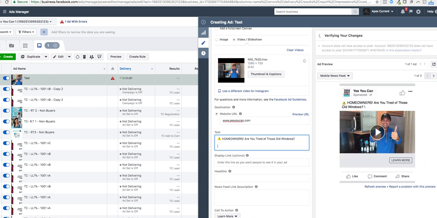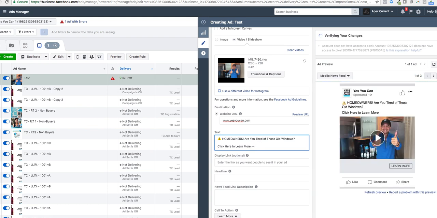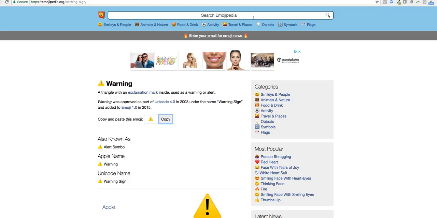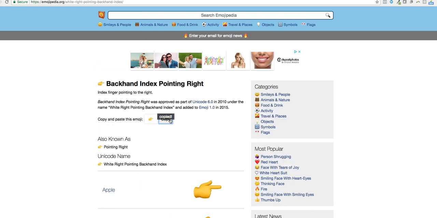Sometimes we'll go straight to the link. Click here to learn more. So we really want to make sure no matter what, it's getting above the fold. I'll either do an arrow like that. I'll come over here and do a hand pointing. Just type in finger point. Grab this guy, copy,